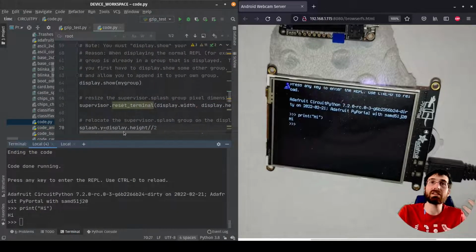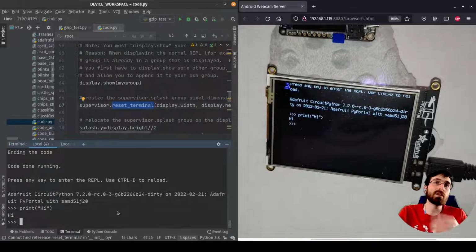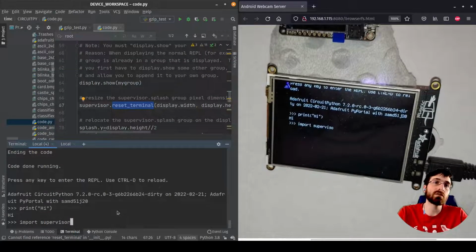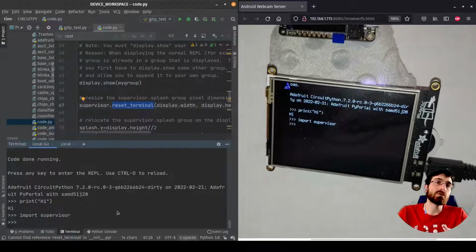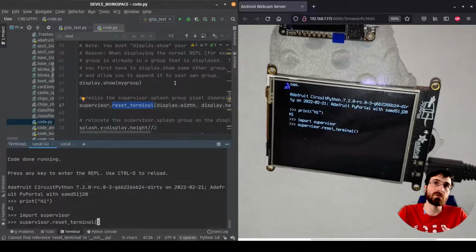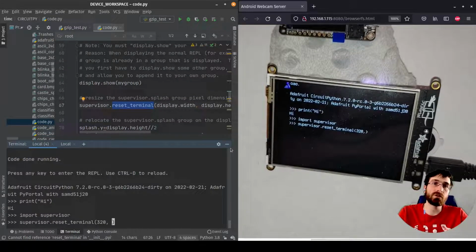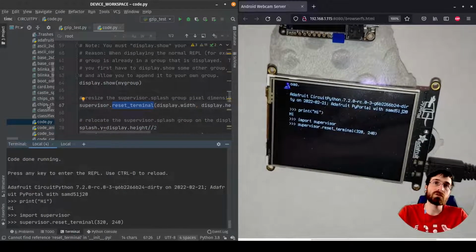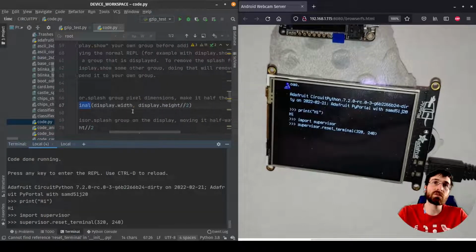So it's staying in the last size from this reset terminal function. If we at this point said import supervisor and then supervisor.reset_terminal and gave it the full size, I'm just going to hard code 320 and 240, which is basically the values it's getting from the display before cutting the height in half. So if we ran this,